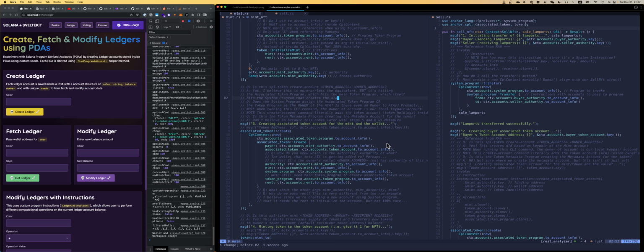and it uses CPI because it's using the token and the associated token program and the system program, so there's a lot of passing on and invoking other methods from things like that. So these are early questions, and I just love my notes. But yeah, creating that,